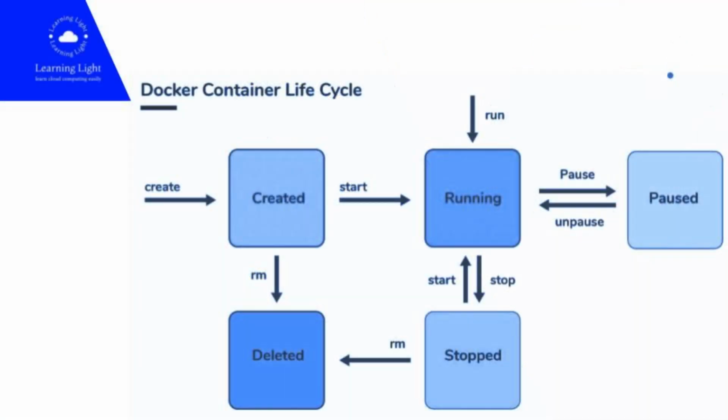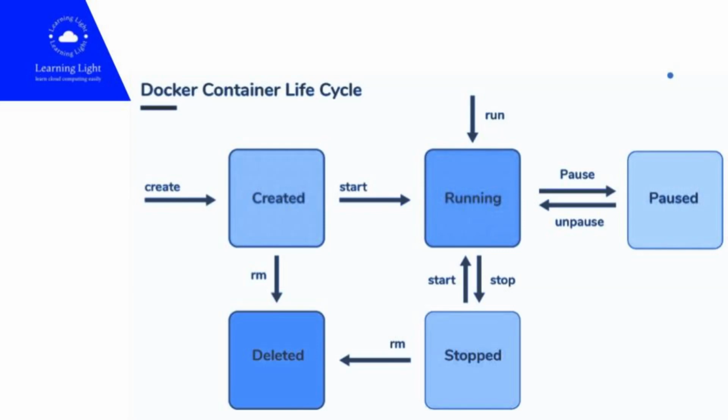So here on the screen, you can see the different states of a container. In the last lecture, we created one Nginx server and that is in running state. Now, all these blue boxes are different states. And these arrows and labels are basically the commands to put a container into a different state. For example, our Nginx Docker container is running at this moment, and we used this run command to